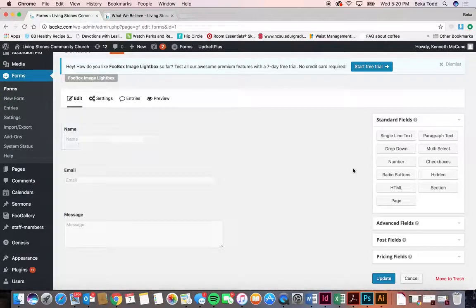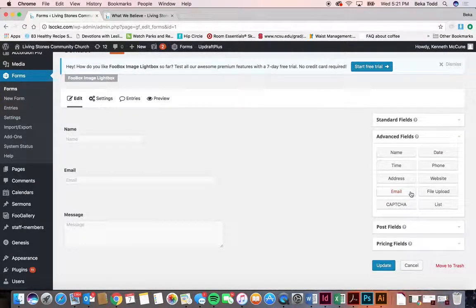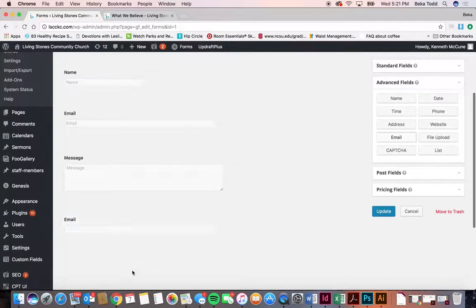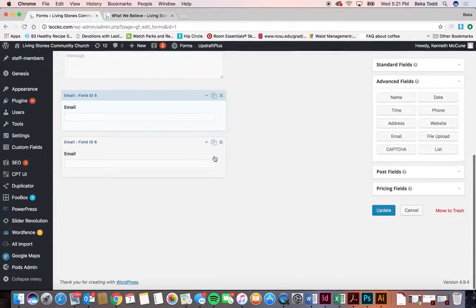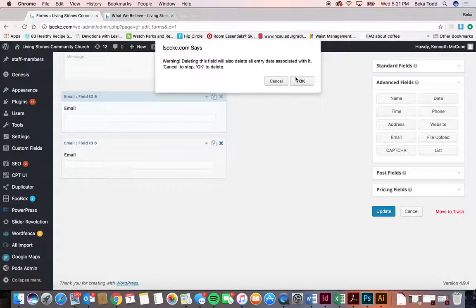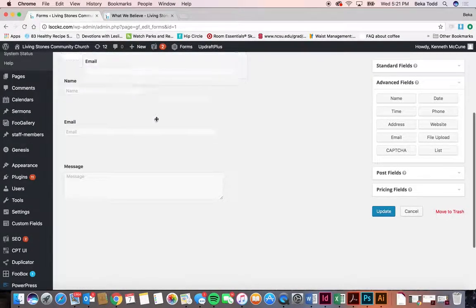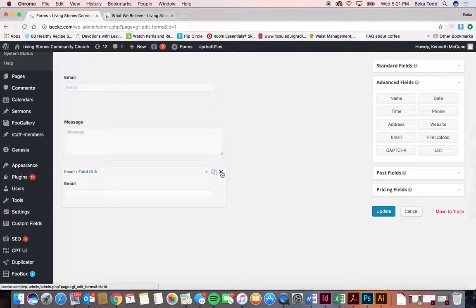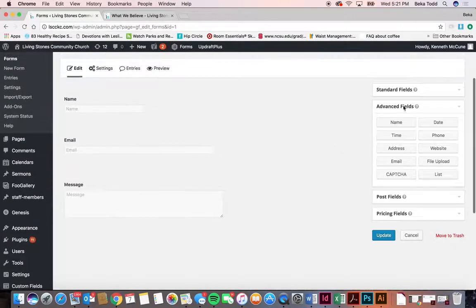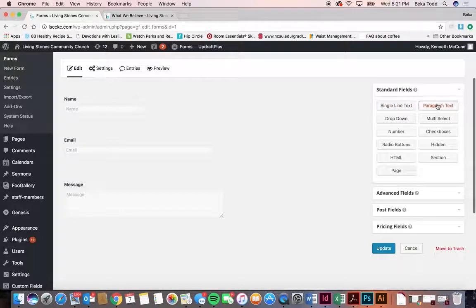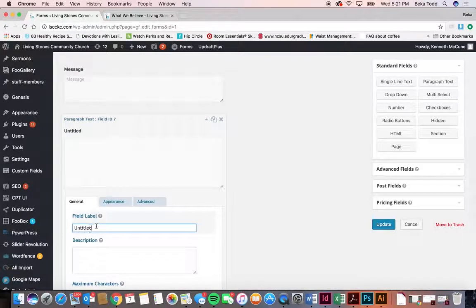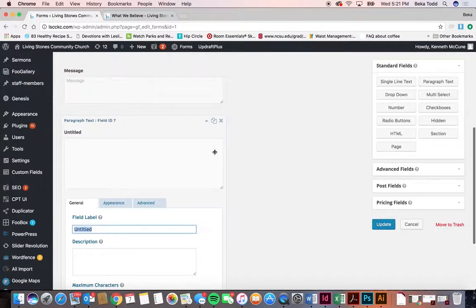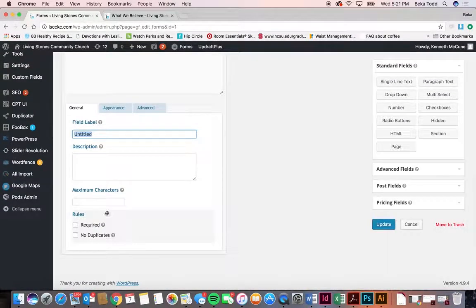So basically you have your fields over here, and you select your field here, and it shows up over here once you click it. Then once you click this drop down arrow, you can change the field label to say whatever you want. You can duplicate a field, or you can delete a field. You can drag them to wherever you'd like them. And basically, if you add just a single line text or a paragraph text, you can just create that title to say whatever you want and change this field label to whatever you want. You can make the field required,